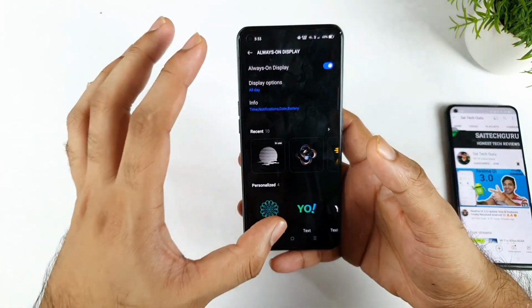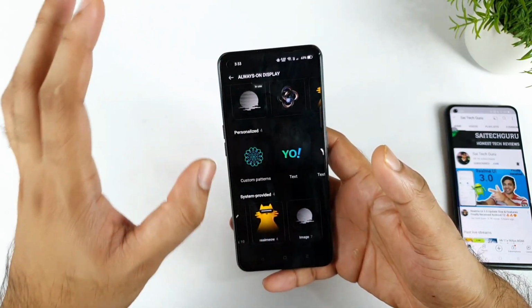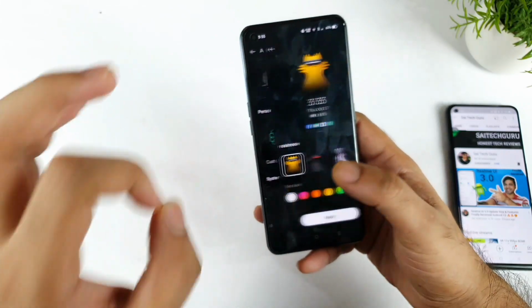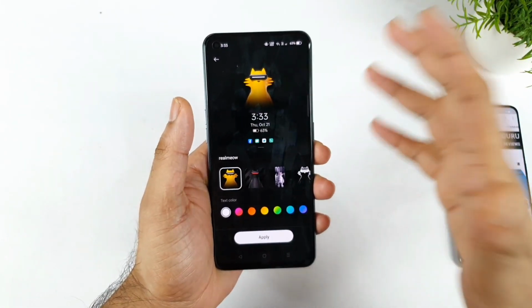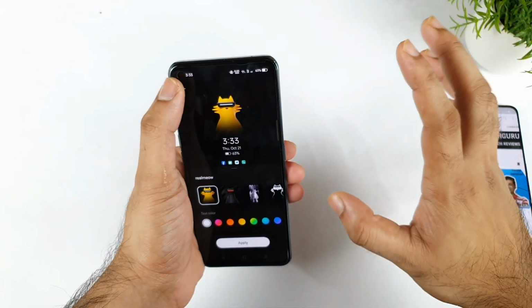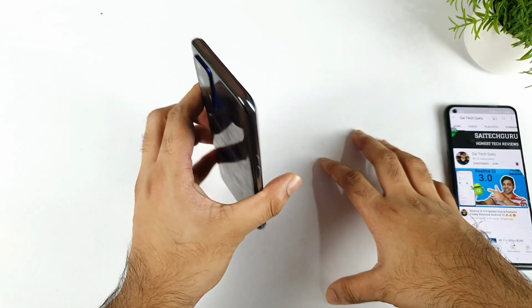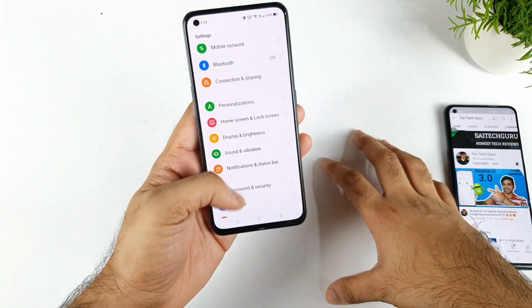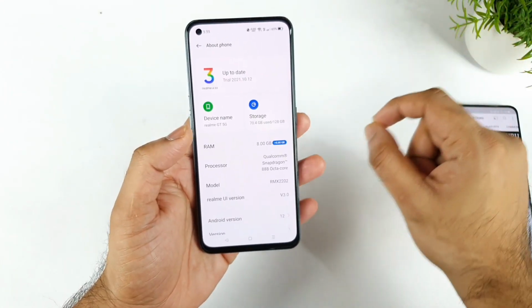So this is the complete in-depth review of the always on display in the Realme UI 3.0. There are a lot of things I need to explore, friends. I cannot make it in one single video, it's not possible. So that's why I'm trying to do my best to post individual videos, because I'll try to make another video as well, don't worry. Right now I'm trying to explore all the options available in this Realme UI 3.0. I did receive the early access only. This is not the stable version. This is just an early access.